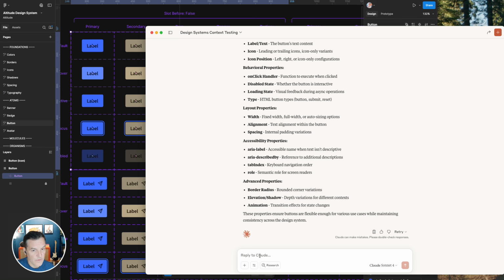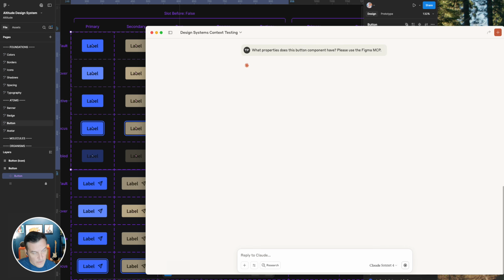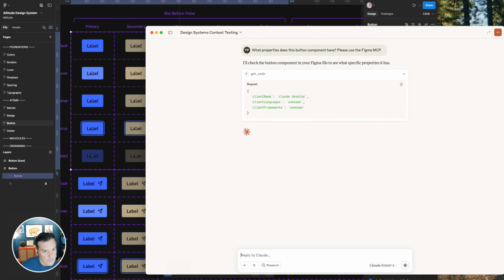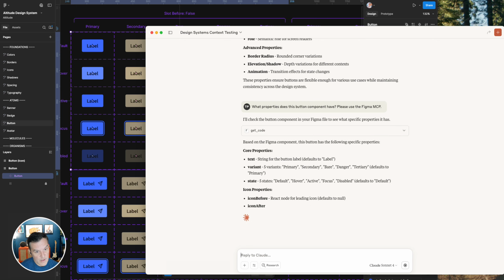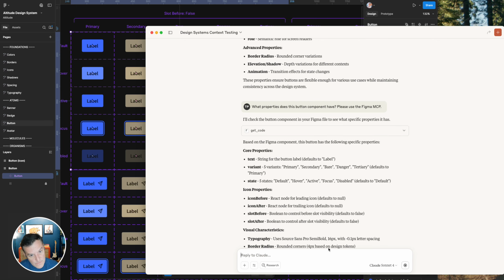So next we'll use the Figma MCP, and then we'll say, what properties does this button component have? Please use the Figma MCP. So now the point with this is that I'm letting Claude Code know that I am expecting to utilize the Figma MCP. In Figma, I have the button component selected, so it should be leveraging the information that it gathers from it, and then so this is